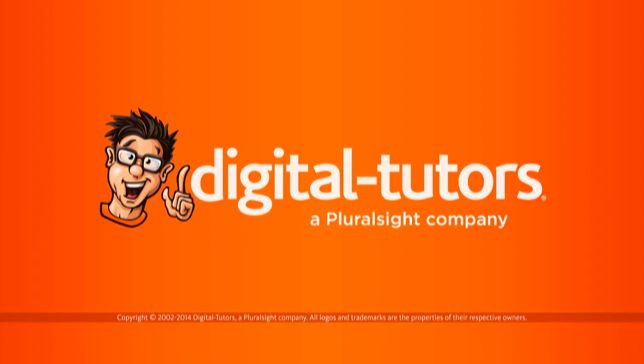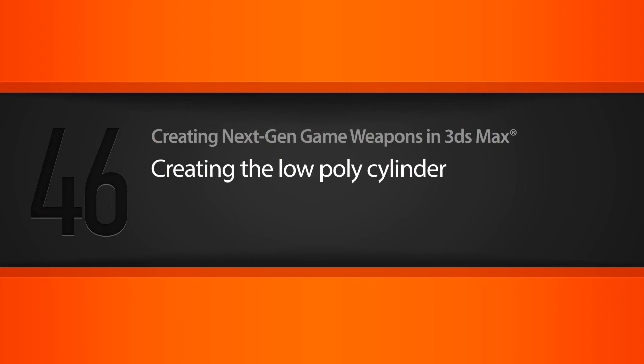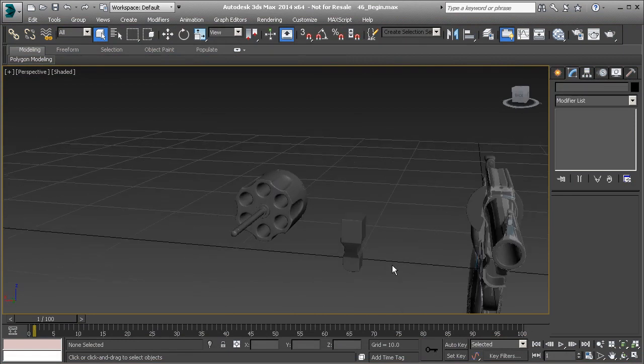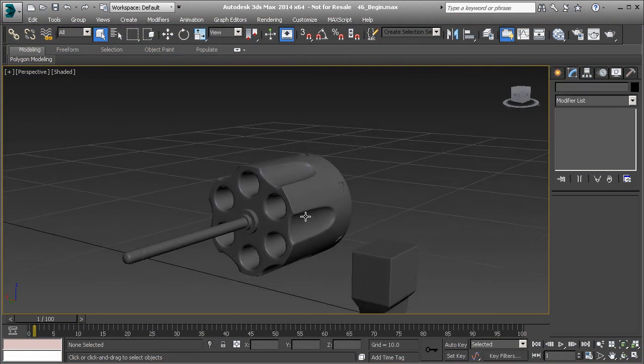In this lesson, we're going to create the low poly cylinder. Alright, so let's go ahead and go to frame 1 to explode out our mesh. And we want to get the low poly cylinder. Now to get started with this,